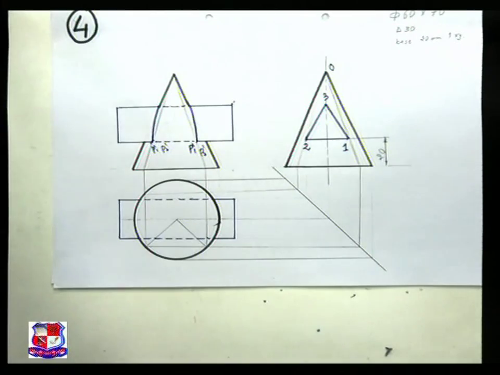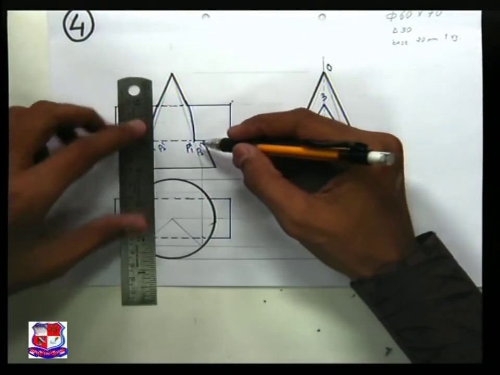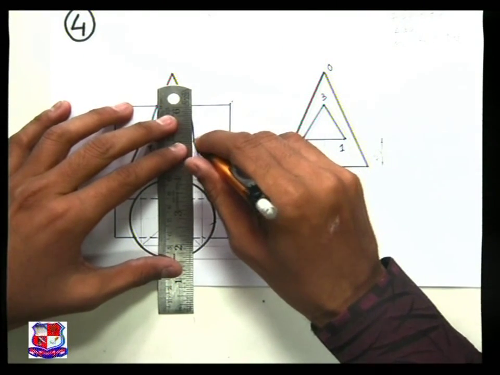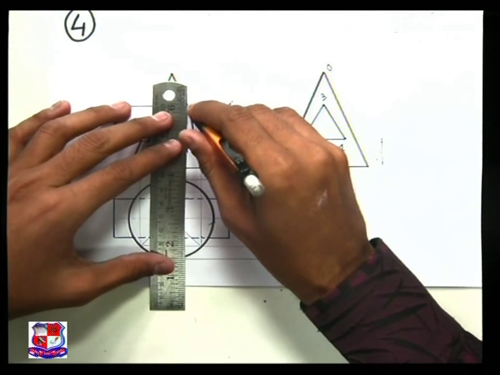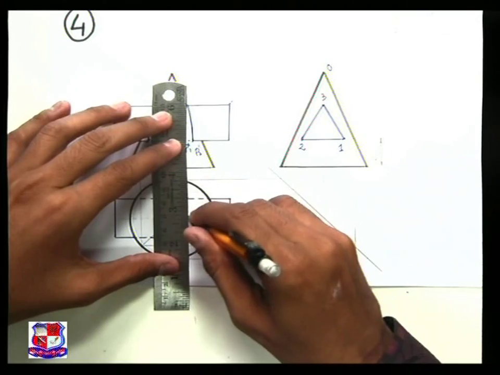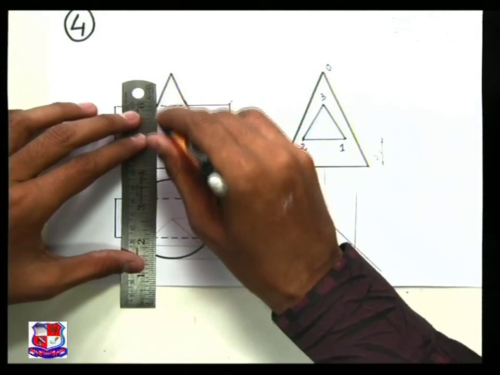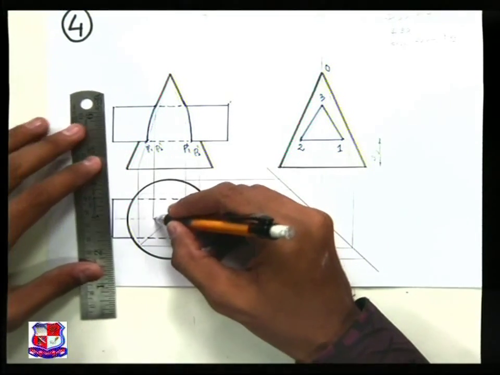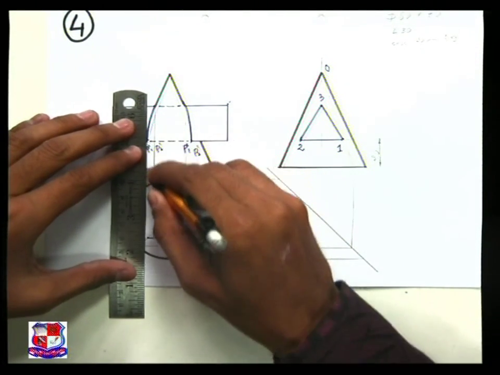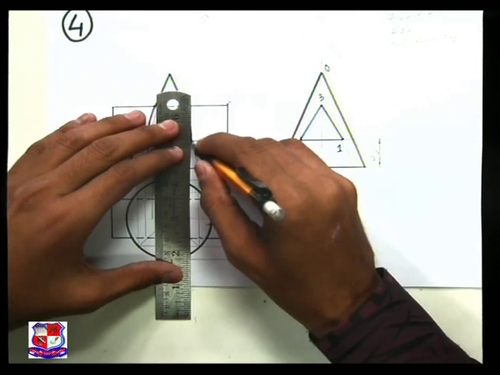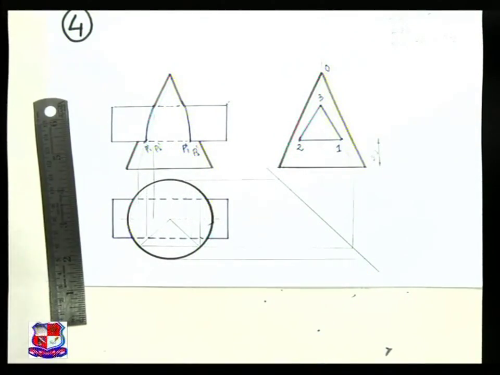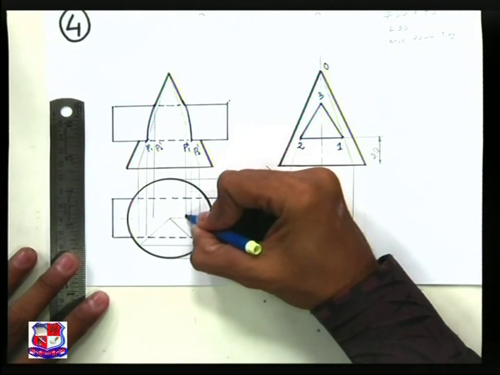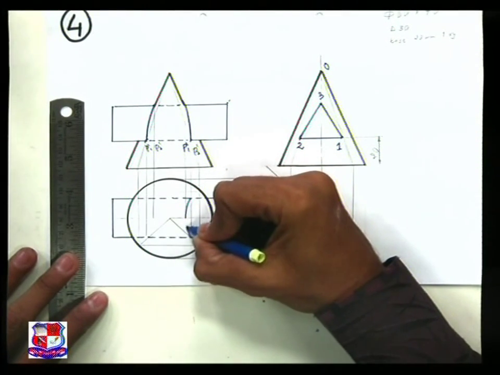Now to draw its curve of intersection in top view, from here draw a straight vertical line, and it will cut its generator over here at this point. Here is that point. Similarly, from these two points draw straight vertical lines